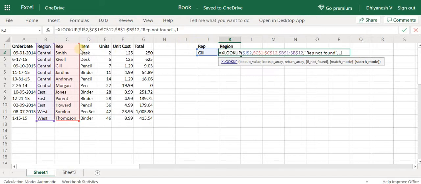That is, it will search from first to last, Smith to Townsend. The second option available is -1. This means it will search from last to first. Generally VLOOKUP always goes first to last, but in XLOOKUP you can also use the last to first search mode, and 2 and -2 are also options available.